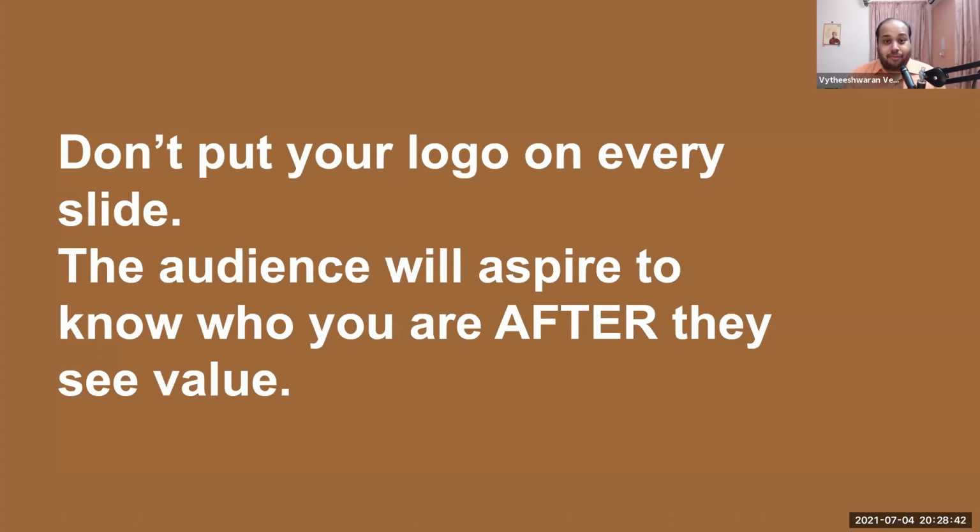But if you are genuinely creating a sense of transformation in a person, and if they want to associate with you, if they want to learn from you, if they want to cooperate with you, they will come in search for you. Let me tell you this. This is a consistent thing. After every single presentation that I make, I get a bare minimum of at least 5 to 6 LinkedIn requests from people who have been in my audience. I didn't go and advertise myself.